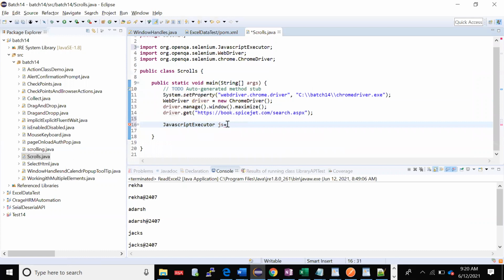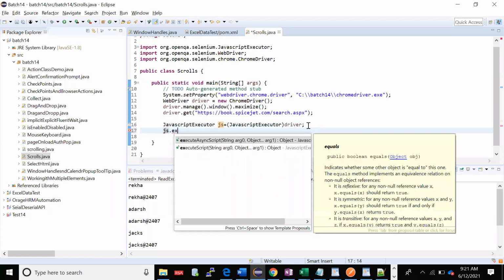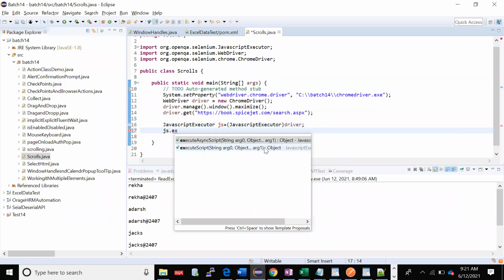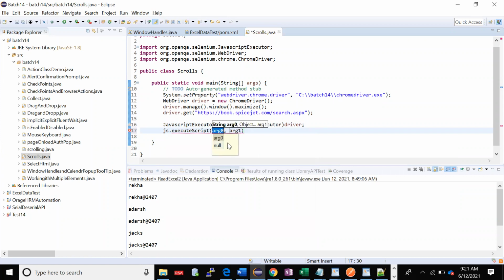Okay. So JavaScript Executor will take driver as an input, right? So I'll give my driver. Done. Now in JavaScript Executor, I have executeScript, right? executeScript takes 2 arguments.